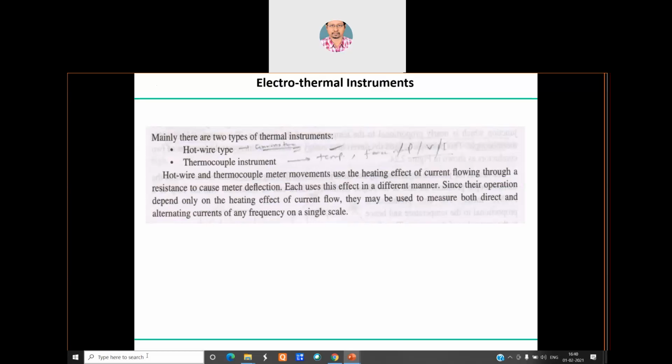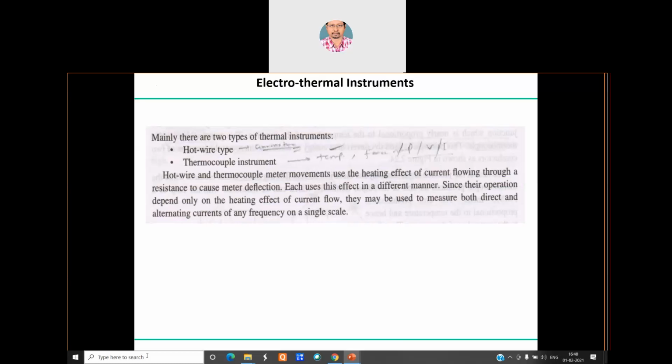How does it generate the heat? Basically by controlling the magnitude of the flow of current through a resistive device. Clear? So when you flow it through some resistances or resistive elements, it causes the meter deflection. The working principle, that is the design approach, of the hot wire type instruments and the thermocouple instruments is different, but primarily they come under the same umbrella because both experience temperature, in other words the thermal effect.